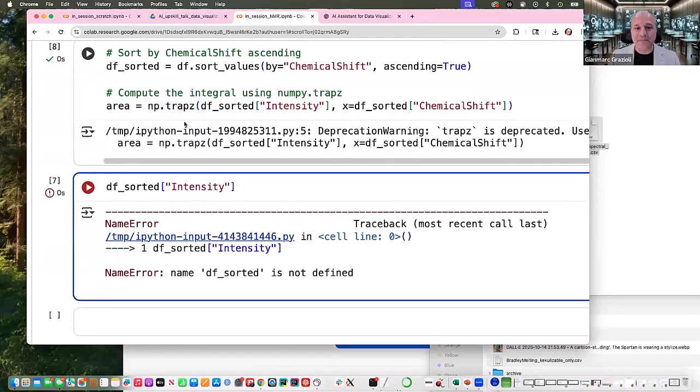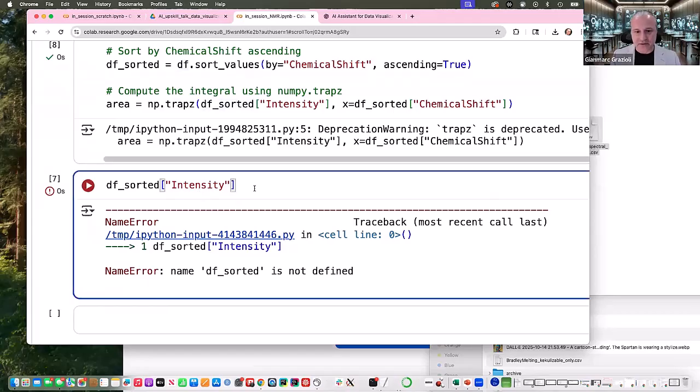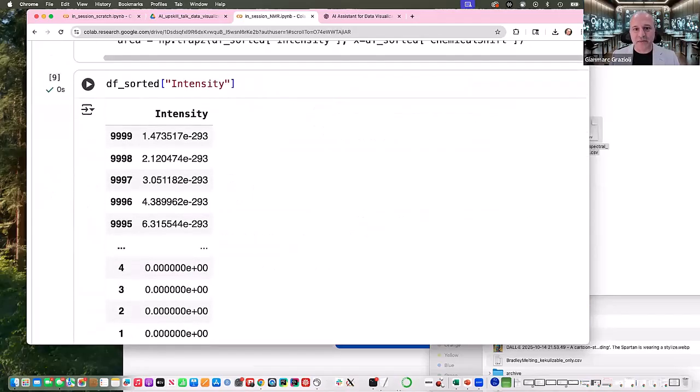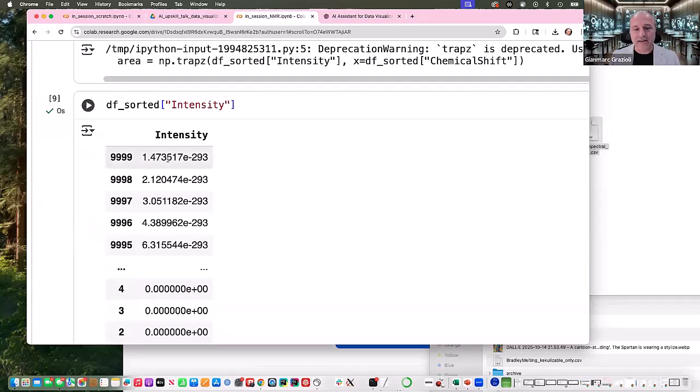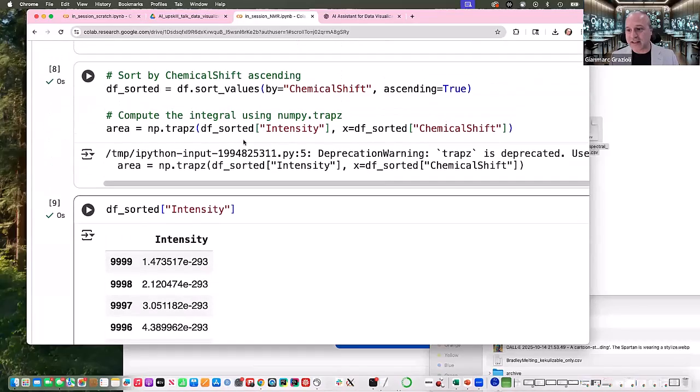So now that that ran, now it knows what DF sorted is. So now I can take this part that I wasn't sure what it was doing right here, and I can execute it in its own cell and just see what it gives me. Okay, so there we go. All right. So if DF sorted, I put in square brackets the name of the column intensity, it's just returning the intensities. Because if I'm doing the integral,